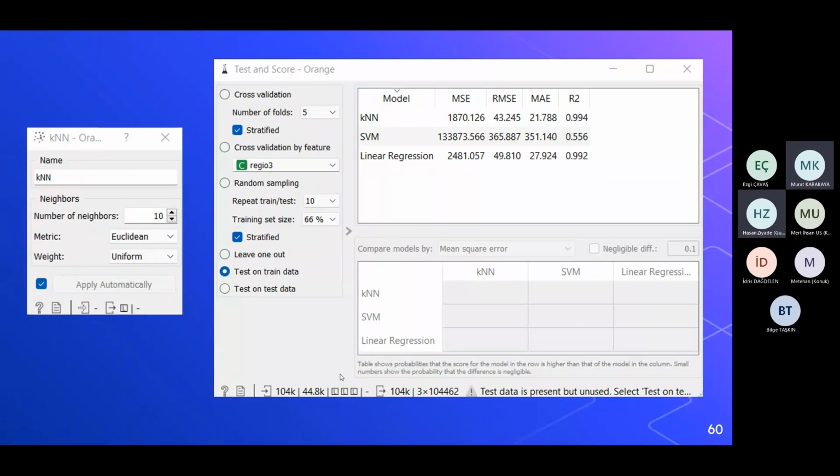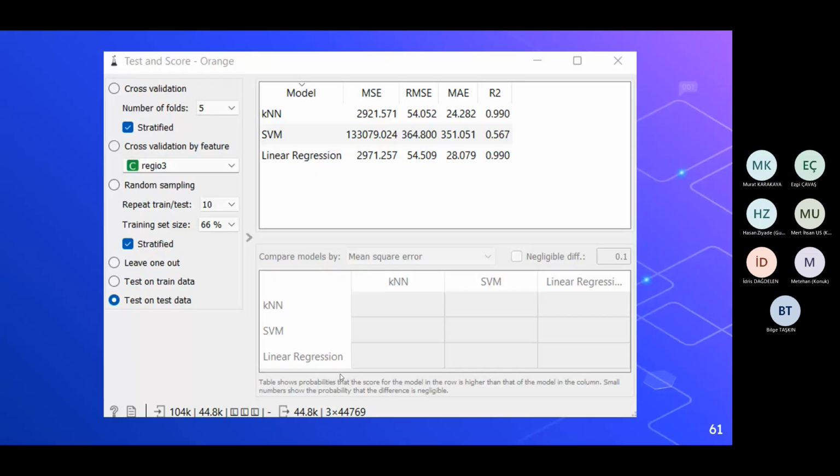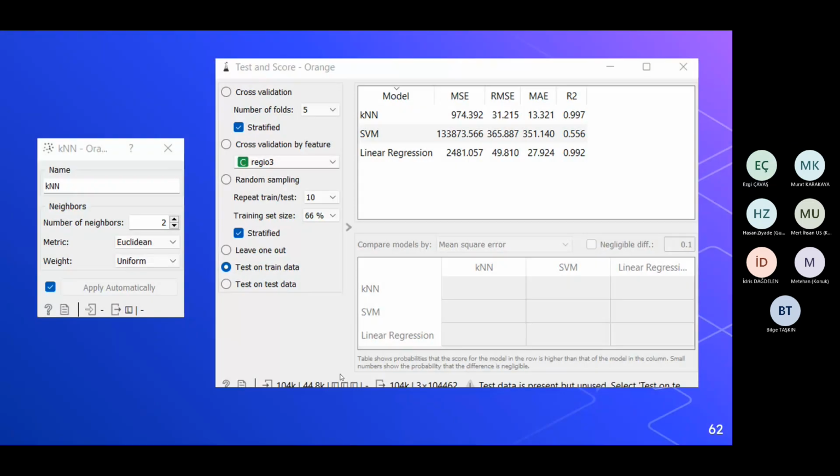Okay, let's go. And you can see that our test data drops to 0.99. Then we tried it with 2 neighbors, and although our train data was better,